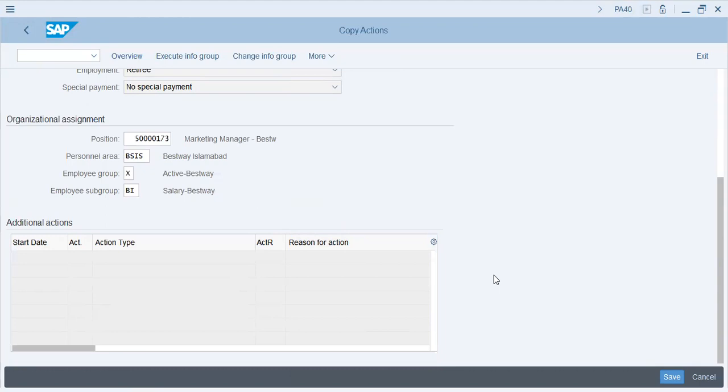Now, in HCM, all the T codes in HCM start with personnel area. Now what is a personnel area? This is the physical location of your office where your payroll will be run. Every personnel area will have its own payroll areas, okay? And payroll is specifically run for a personnel area, okay? Then,